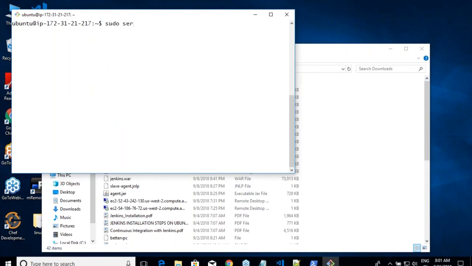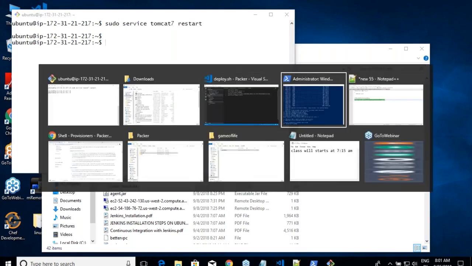Sudo service Tomcat 7. It is working. I don't see a reason for failure of it. Okay, it's okay. Let me find out what is the reason for that. It might be with respect to some error codes. This command expects some codes which are not present over here. That's fine. We'll look into that.